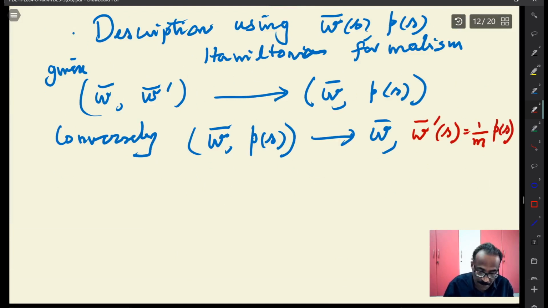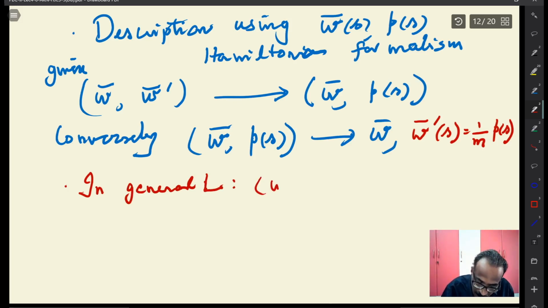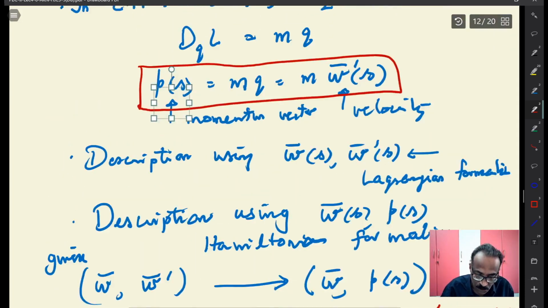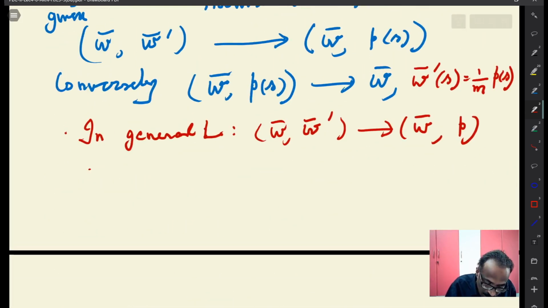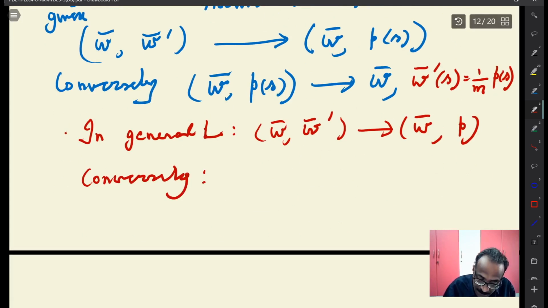That's the thing. But in general, given L, if you take W bar and W prime, this gives W bar P, because P is defined like that. So you see, you have defined P like this. But conversely, the converse part is not generally true. Conversely, given W bar and P,